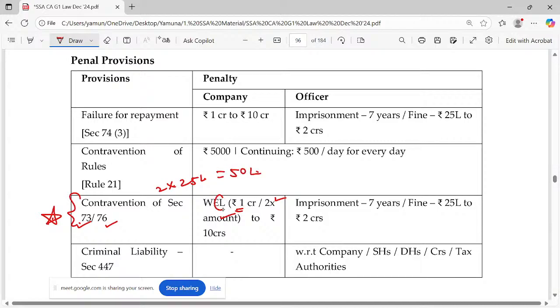Okay, so whichever is lesser of 1 crore or 2 times of the deposit amount, maximum how much can it be? 10 crores. Okay, so 50 lakhs or 1 crore, whichever is lesser. Whichever is lesser is how much? 50 lakhs. So maximum how much can you collect? 10 crores. Okay, if this amount itself is more than 10 crores, you can collect up to 10 crores. Okay,